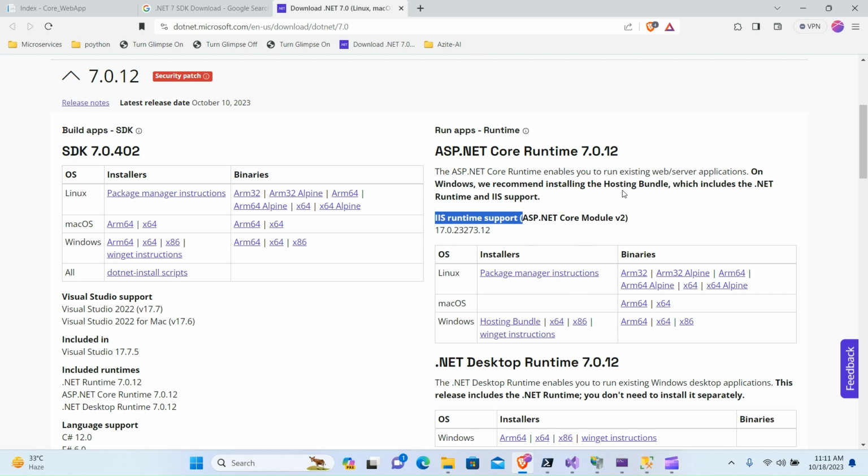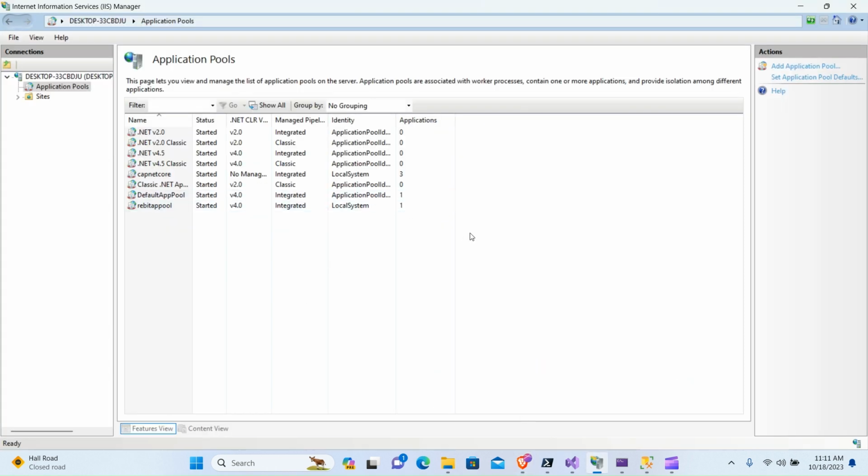But otherwise, the recommendation is that we should download this based upon whatever the Windows architecture that you have, and then you can get this thing on your machine. And IIS will support it. Now the question arises: how should we go for the deployment? So the first thing first,